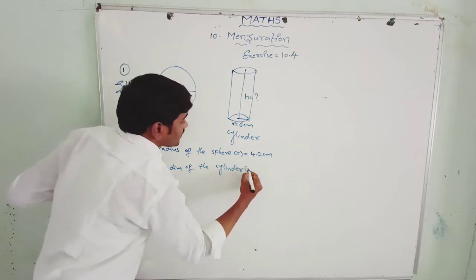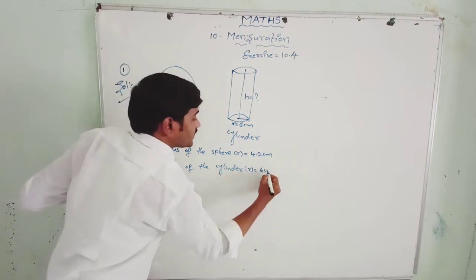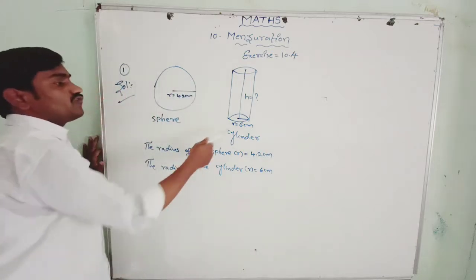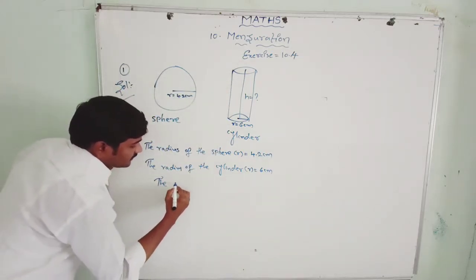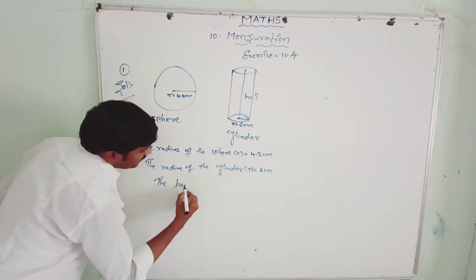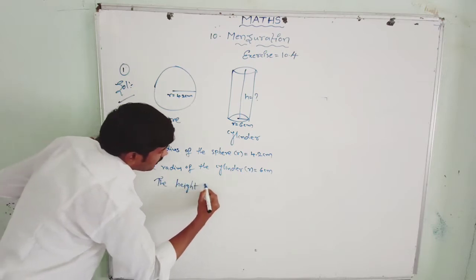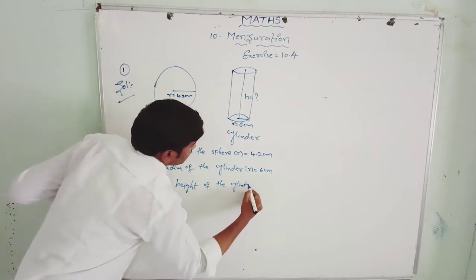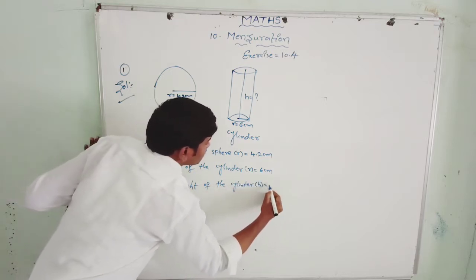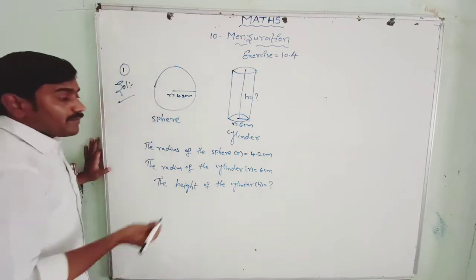The radius of the cylinder R equal to 6 centimeters, and we need to find out the height of the cylinder. The height of the cylinder H equal to, we need to find. Okay, but we know that